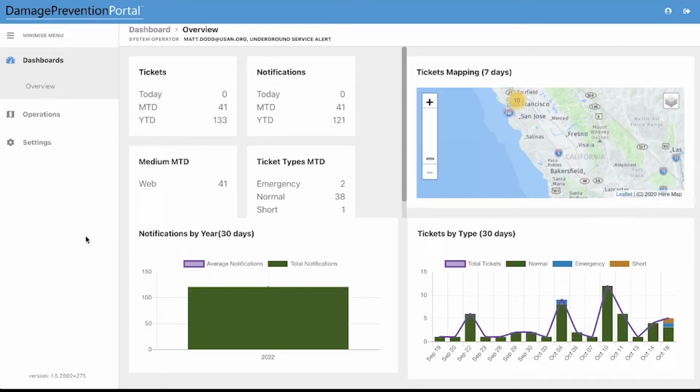Hey everyone, my name's Matt, and I'm going to be taking you through the area of interest portion of the damage prevention portal. As a user of the damage prevention portal, you now have access to view and manage your